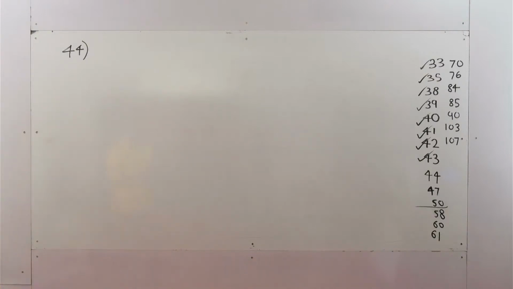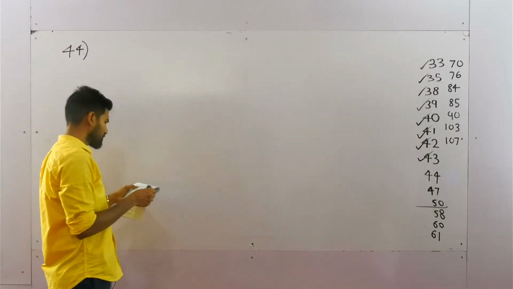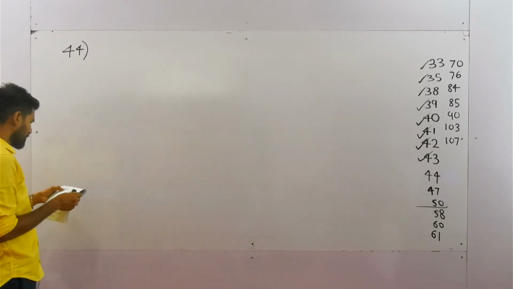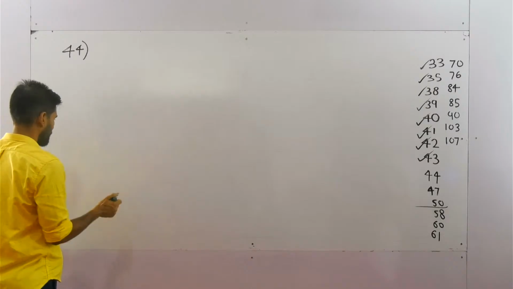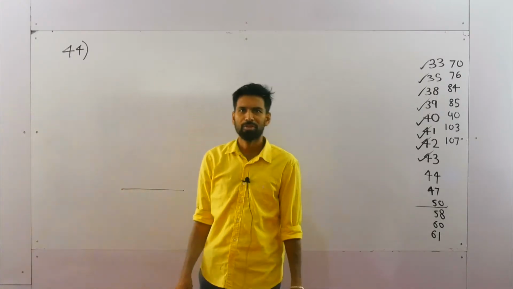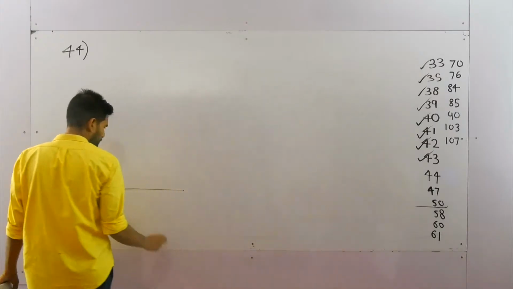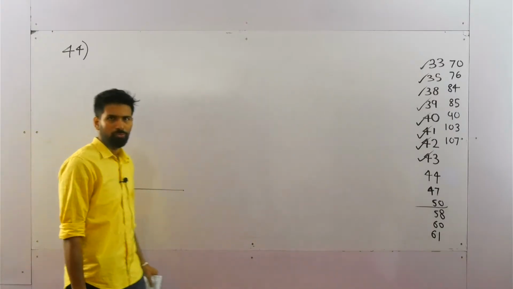Now the 44th one. A balloon rises from rest with a constant acceleration g over 8. Now this is not the normal balloon. Last week we solved a problem in this manner. There are some balloons which are used to carry